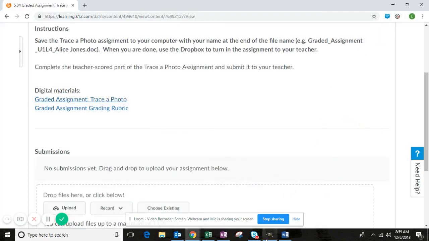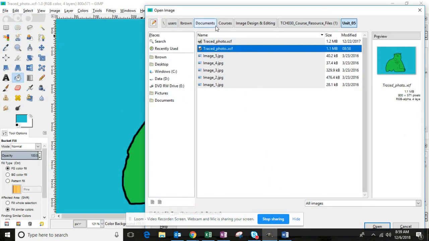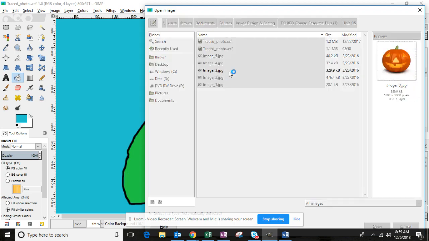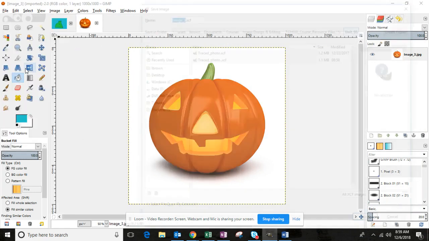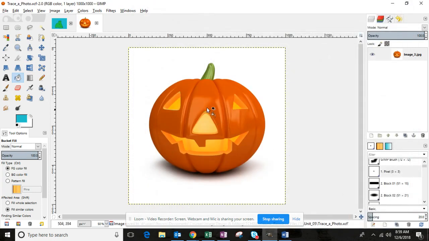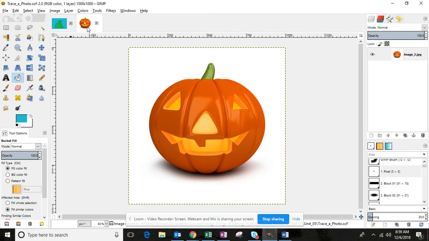So I'm not going to complete the second image with you. I'm going to get you started. To complete your second image, you'll simply click File, Open. You'll choose another image from your Unit 5 folder. So let's say this time you want to do the jack-o'-lantern. You would then first save it as Trace a Photo, click Save, and you would follow the steps that we did on the polar bear to the jack-o'-lantern. Once you're completed with the jack-o'-lantern, you would save,